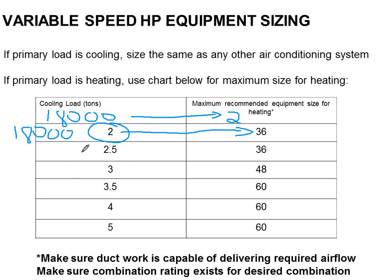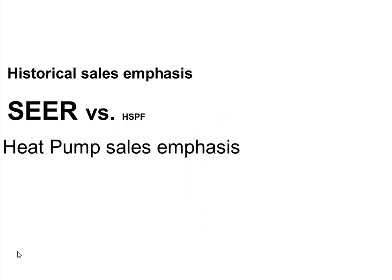I'm just saying get the correct load calculation, and then from there you can round up. If you're already rounding up, then don't round up twice. We've had that happen on a couple jobs. We had one guy with a 17,000 BTU load that put in a 3-ton heat pump and wondered why it wasn't helping him with dehumidification, because it was cycling. All right, so on the efficiency side, we have to go to the mentality of talking about HSPF instead